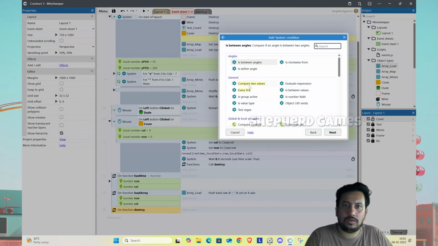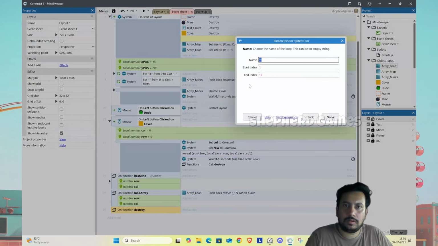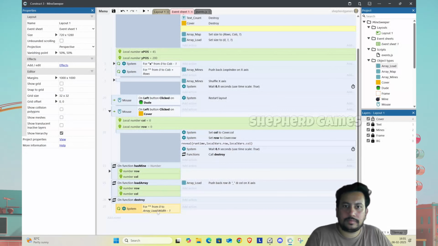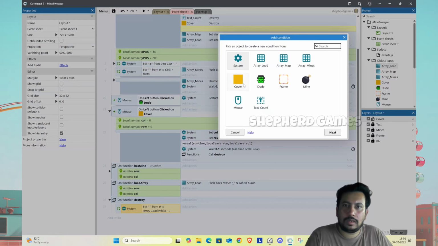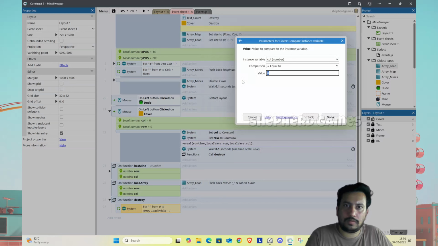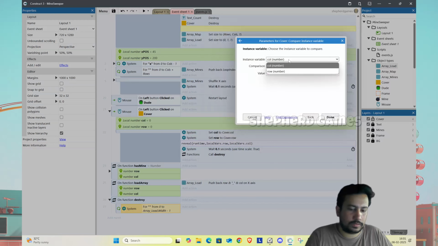So we are going to loop from 0 to array underscore load dot width minus 1. Okay, we are going to loop through, and all the covers instance variable column would be, no, first one is row